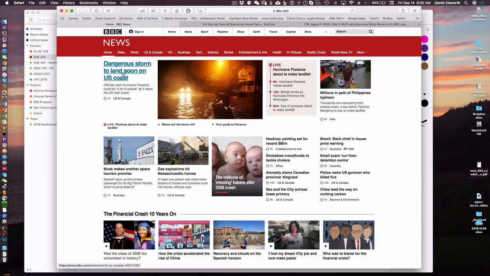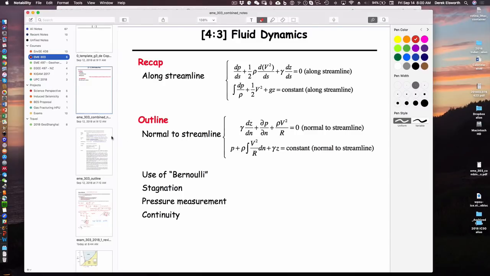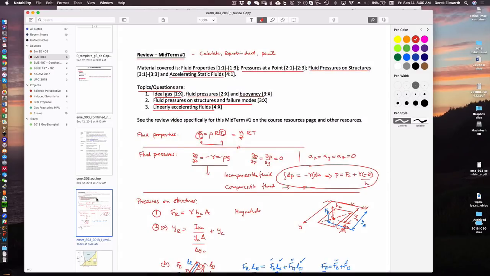Bernoulli along a streamline. Now what we'll do is talk about going perpendicular to that streamline, and that's only important and interesting to us if the flow is in a rotation, such as in a hurricane or as in a jaguar doing a loop. It's basically the same processes. So those are the couple of things we'll talk about today, both along a streamline and normal to a streamline. But before we do that, is there anything we need to take care of